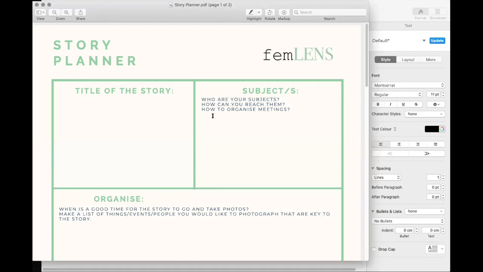So if it is an individual story about an individual, so you write the name of this individual. If it is a story about a bigger subject, then you write the names of the different individuals you'll have to meet. Yeah. So if it's about like coronavirus in your hometown, then who will be your main subjects? Perhaps it will be the doctors and the nurses. Perhaps it will be the people who have survived. Perhaps it is some NGO workers. Maybe it's all of these people. So you need to really list it out. You need to consider which aspect of a story are you taking. Is it the bigger thing, or is it about certain individual or a certain class or employee type of people? So try to understand this and list it out here, write it down, so that when you are planning your,